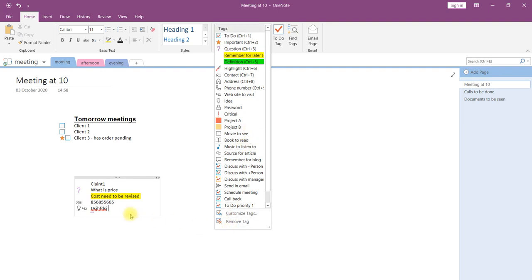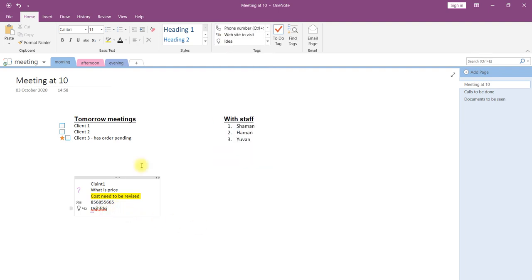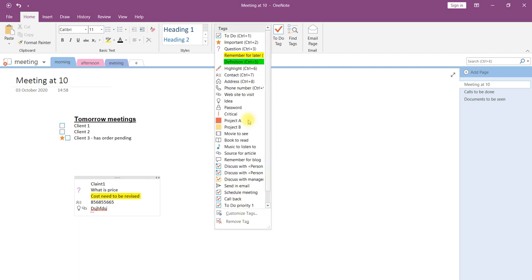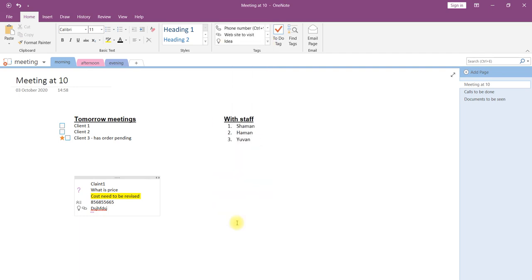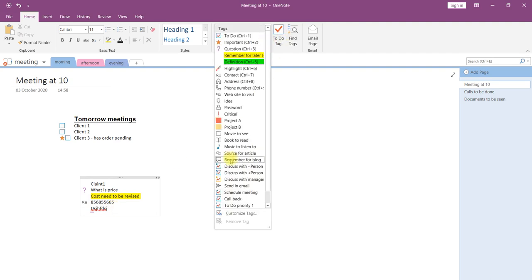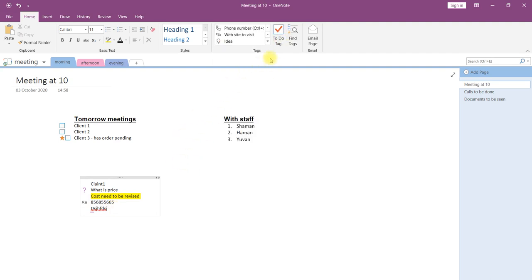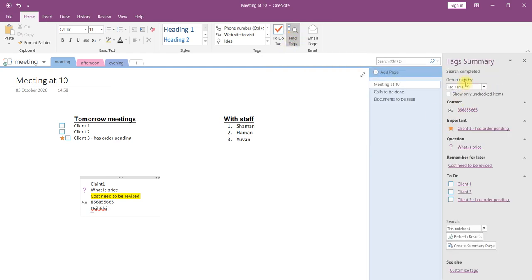If you would like to remove a tag from a particular sentence, you can go back here and say Remove Tag, so that the tag will be removed from that sentence. Like this we can insert a tag or remove a tag, and you can also find tags here.